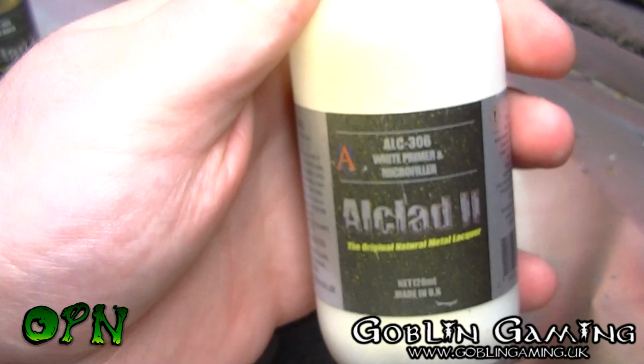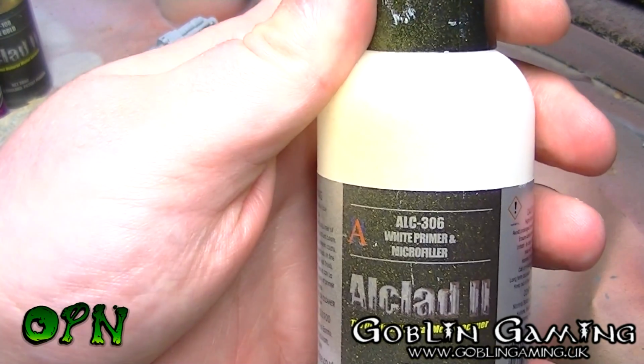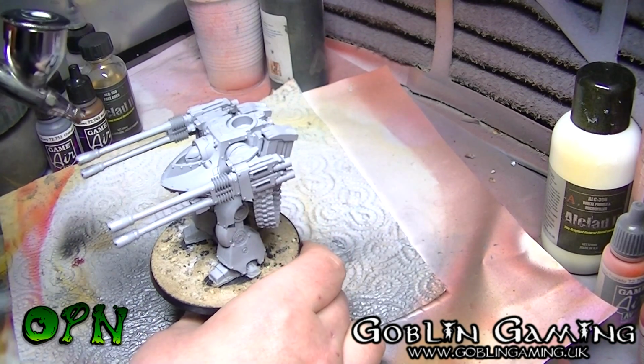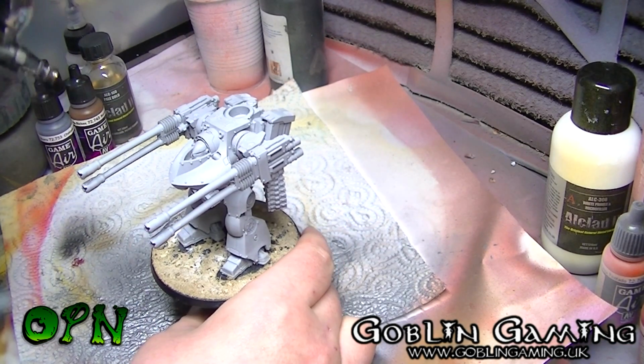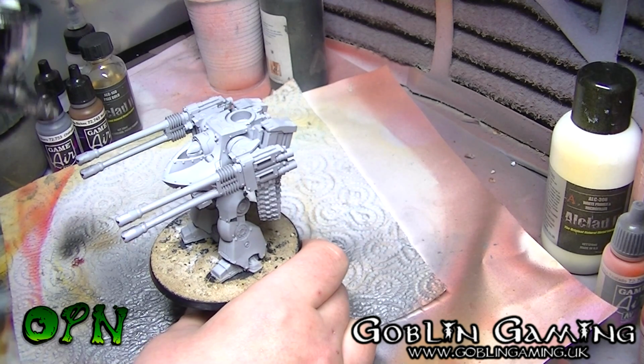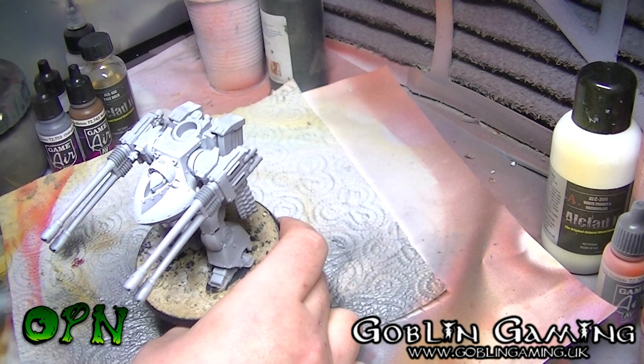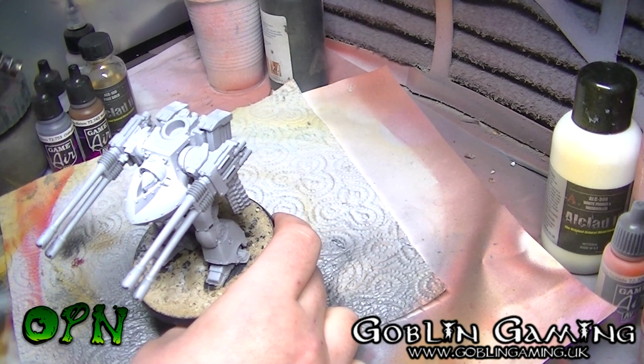After cleaning and assembling the model, it's time to prime. Here I'm using Alclad 2's white primer. Now I highly recommend using Alclad primers for resin models as the primer is really tough and it's lacquer based. The only caveat is that